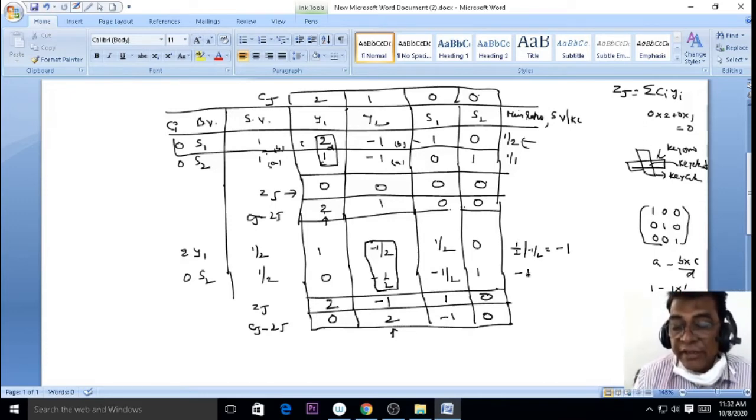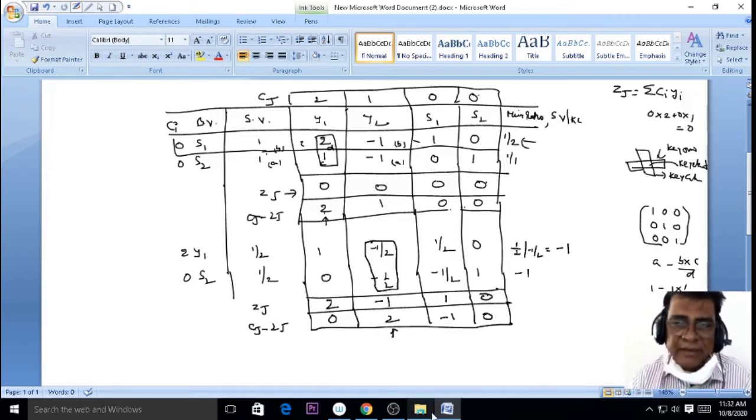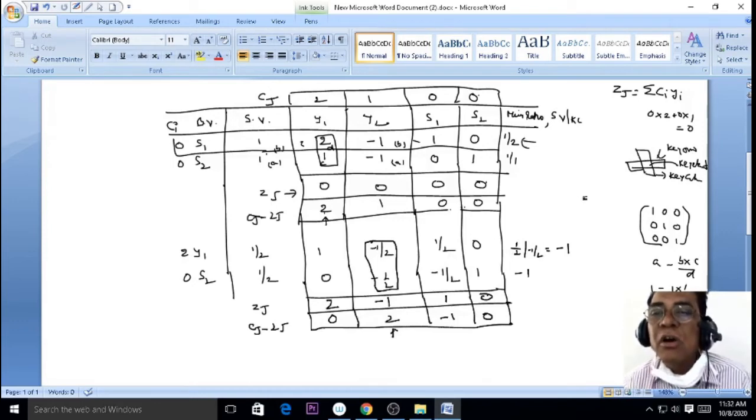What is the main definition of the minimum ratio? Better to select the minimum positive value. If you have any minimum positive value, then select that minimum positive value for the key row. Then you go to the next iteration, and so on. But here there are both negative values, so we immediately stop the problem. It means that it is very difficult to find out the values of minimization or maximization in the simplex method.